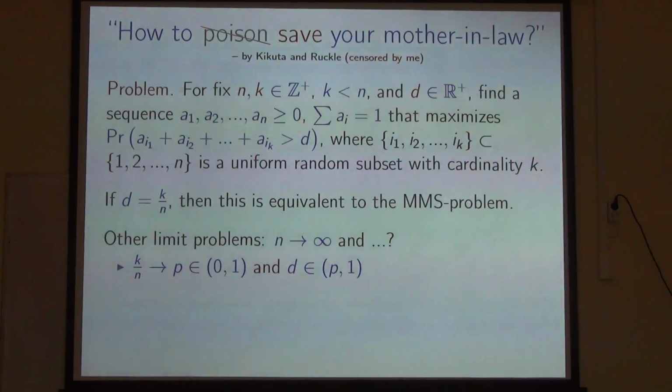But what if this critical dose is significantly larger than p, a larger constant, and n is large, so k over n is p, and the critical dose is much larger than this probability? Then that's one problem to consider. Just realize that